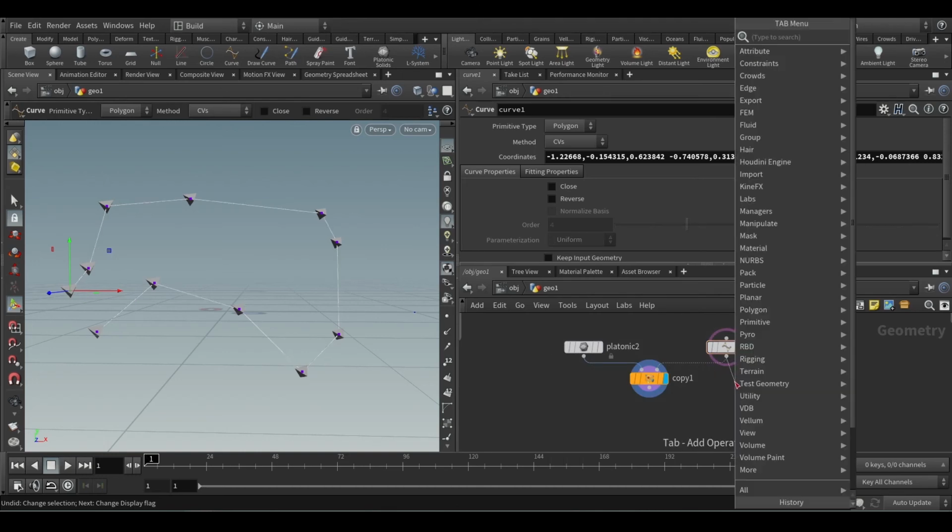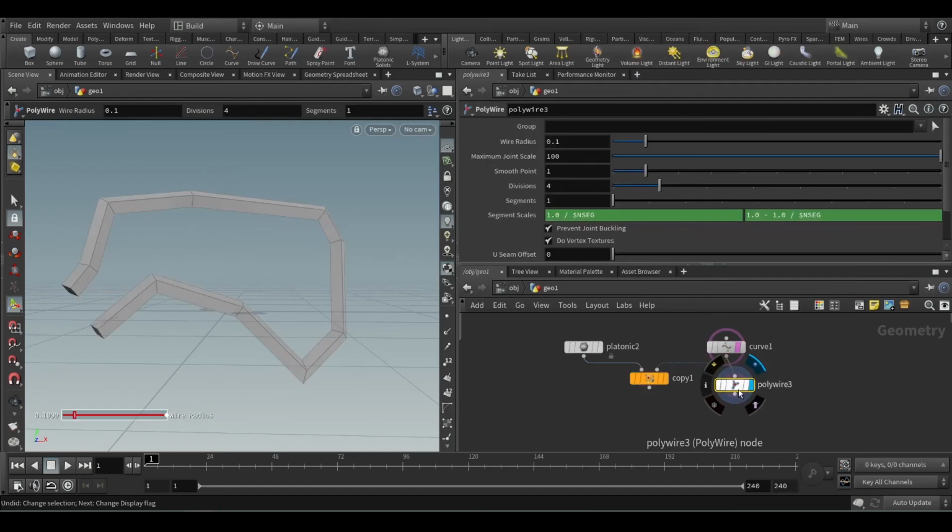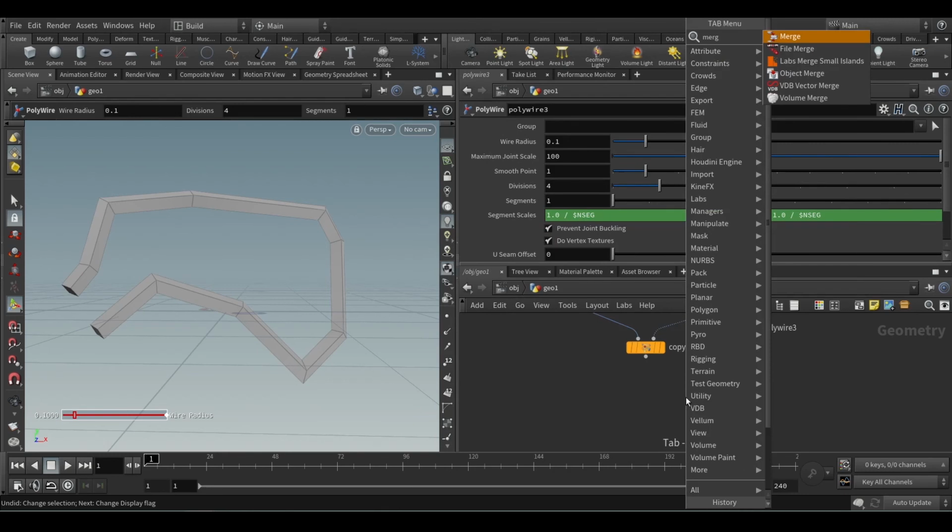You can even put a PolyWire to it, right? PolyWire is really cool, you can do anything. And the best part is that if you now merge it,